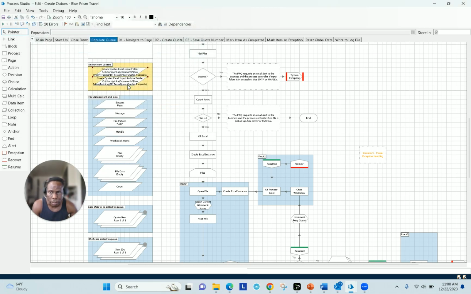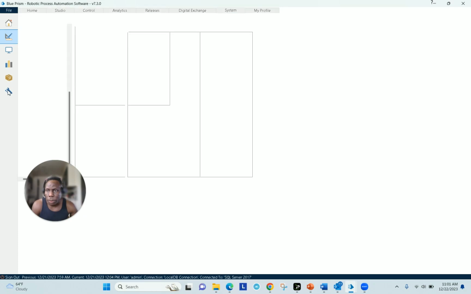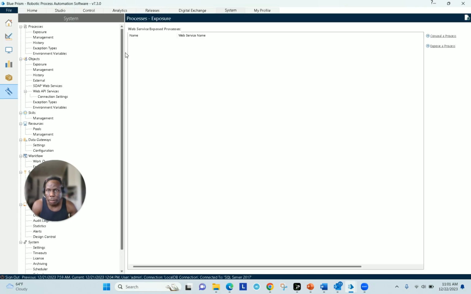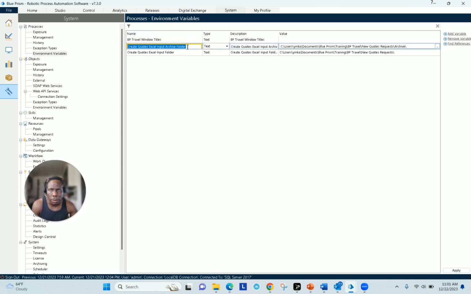Then you go here, and you go to System, and then you go to Environment Variables under Processes, and you create them right here. So as I was saying, I had to first of all create quotes input archive folder, and then you say where it is, no quotes required. Same thing for the input folder, say where it is, and then you create another one for BP travel window